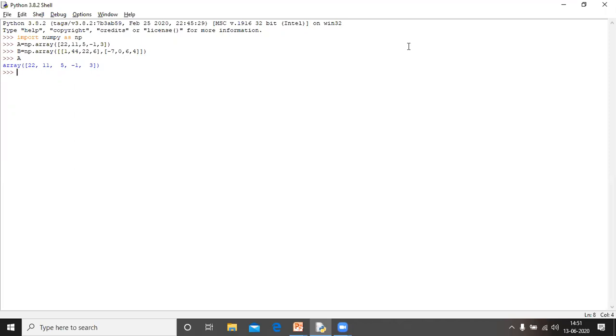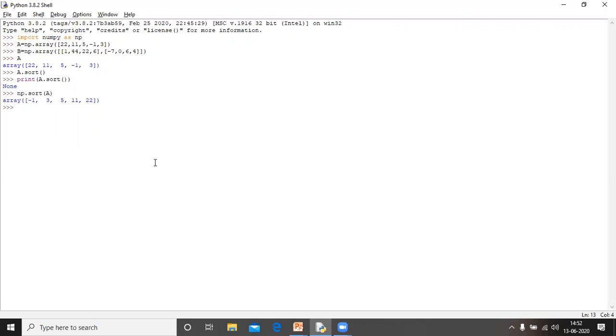We write np dot sort, then the array, this one, then the data is sorted.